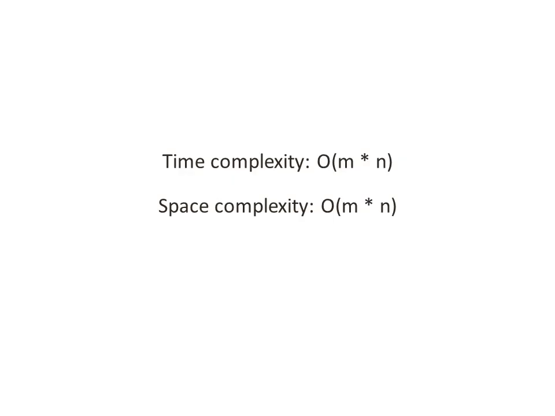For our approach, the time complexity is m into n and the space complexity is m into n as well. Now we can further optimize the space complexity. If we do a simple optimization, our space complexity can be reduced to 2 into minimum of m comma n, but I'll not be discussing that in this presentation, and I leave you to think about it, and perhaps we can discuss that in a subsequent video.